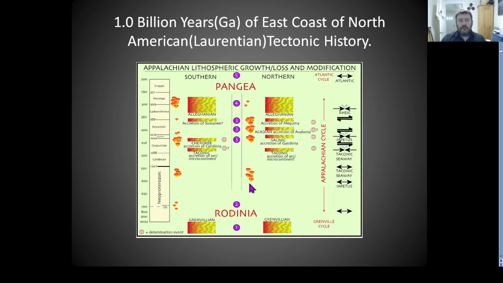All right, 1.0 billion years of east coast of North America Laurentian tectonic history. So I'm going to use this diagram here a few times, and this kind of lays it all down for us. We start down here at around 1 billion, and this is the Grenvillian orogeny. Prior to 1 billion, Rodinia comes together, and you have the Grenville orogeny, and then you have Rodinia. That's 1, Rodinia 2, and then